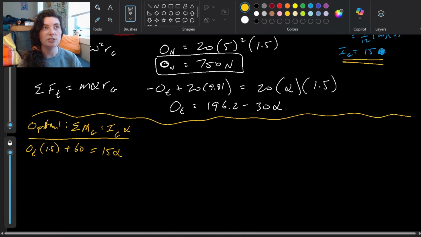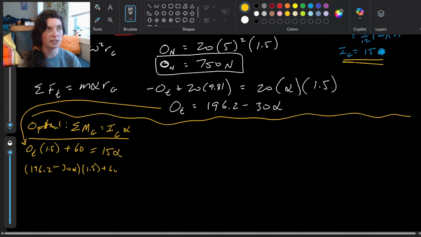So from here, we have a relationship with OT and alpha, so we can then plug in our OT value down here and solve this for alpha. Right, so we can plug this in. We get, here I'll write this out, 196.2 minus 30 alpha times 1.5 plus 60 equals 15 alpha. And then from plugging that in, we can solve for alpha, and it gives us an angular acceleration of 5.905